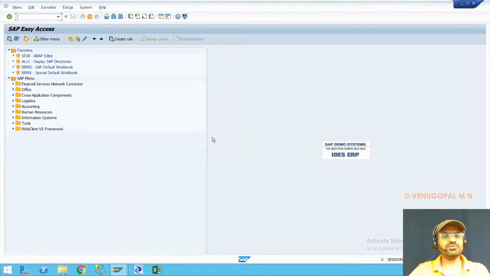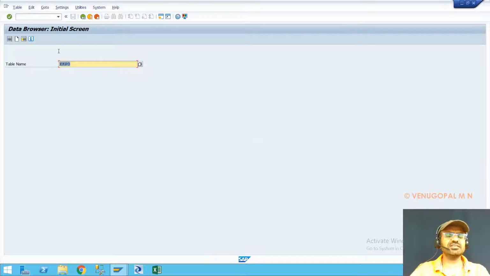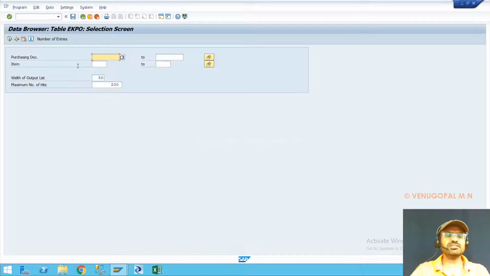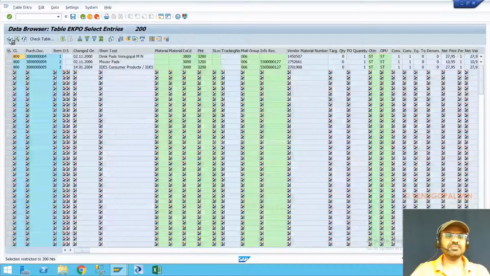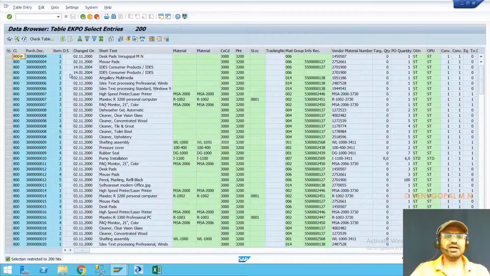I'm getting into a remote server wherein I have logged into ECC. This particular approach, what we are going to discuss now, holds good for all SAP systems. It can be ECC, BW, SRM, CRM. So you can open any SAP table. I'm going to SC16 transaction code. You can go to SC16N also. So I'm going to the EKPO table, which is the purchase order line item table, correct? PO line item table. So I'm just doing the data preview and you see over here, I can see many entries.